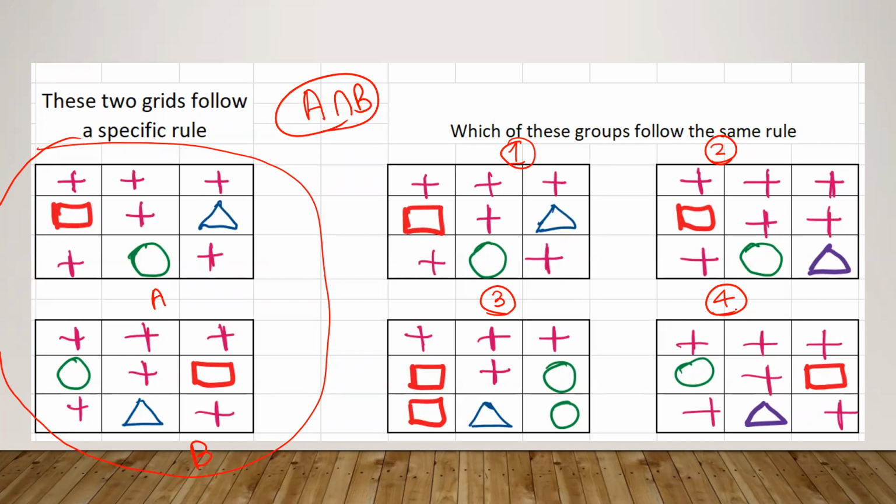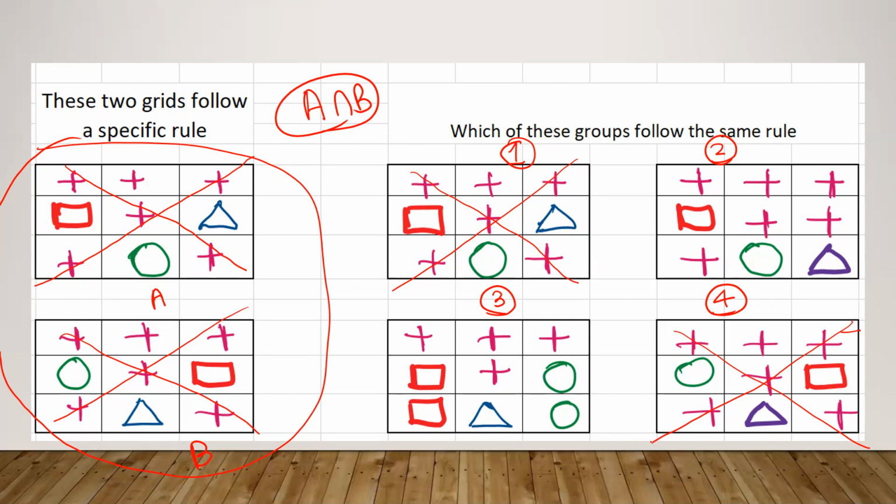If you compare A and B and observe this cross on this side, this is the same in both the grids. So the pattern should be the same in both the grids. Okay, I got this pattern. Now I'll see the options where I find the similar thing. Here this is option one, and then you can see option four. So option one and option four would be your answer. You need to click on one and four.